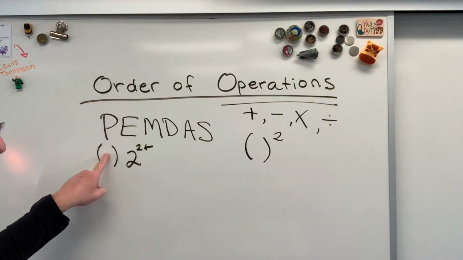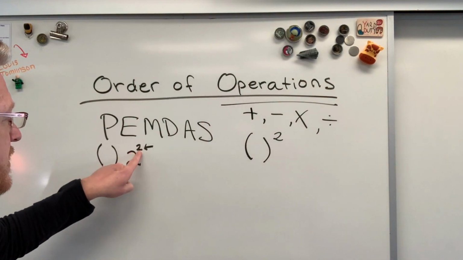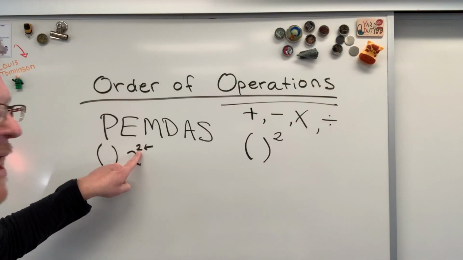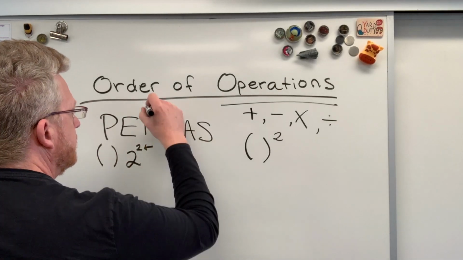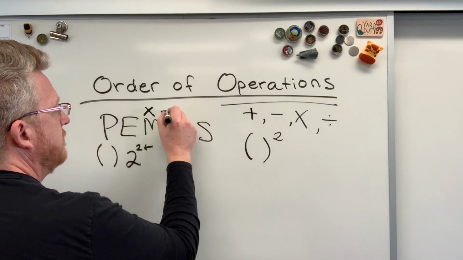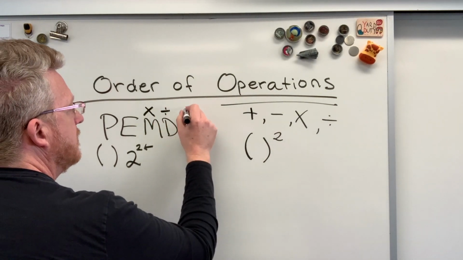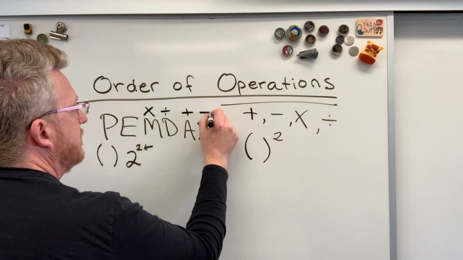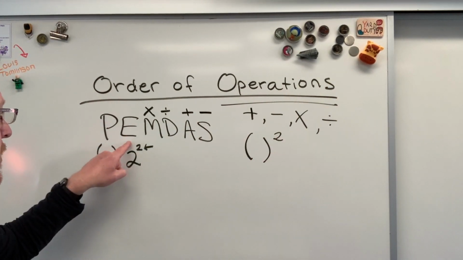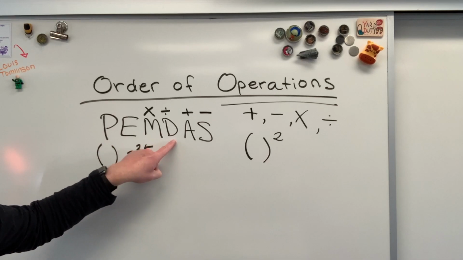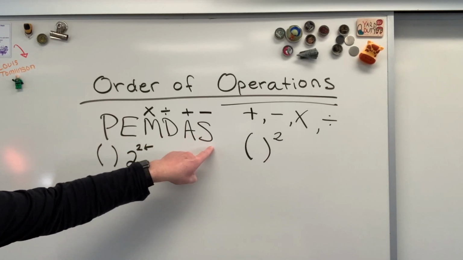So if there's any parentheses in the problem, those happen first. If there's any exponents in the problem, those happen after all of your parentheses have been resolved. Then multiplication, division, adding, and subtracting. That's the order. Parentheses, exponents, multiplication, division, adding, subtracting. All right? Now,